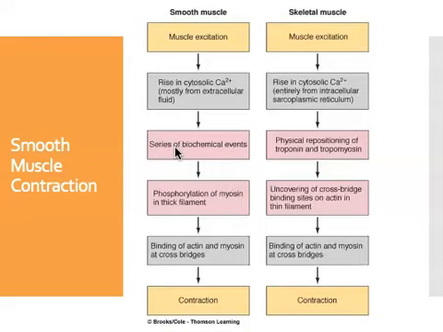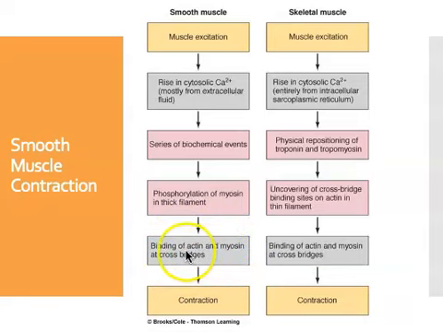Kinase enzymes phosphorylate things. And what's going to get phosphorylated here is the myosin heads. The myosin heads are going to get phosphate groups added onto them, and that's going to cause them to change shape. And it's the shape change that's going to allow the myosin heads to bind to the actin in the thin